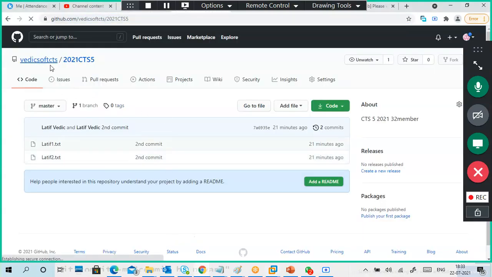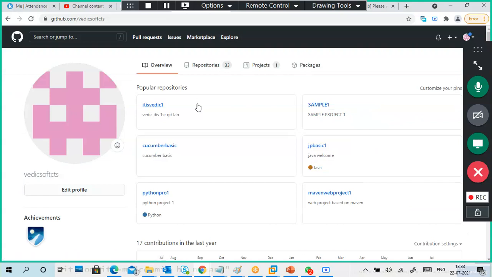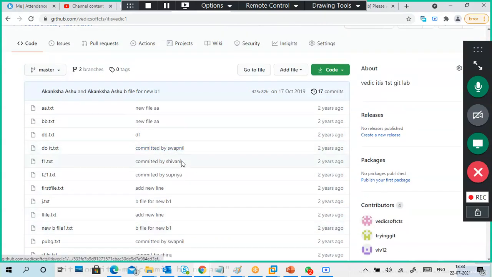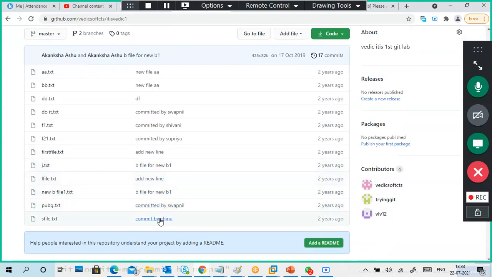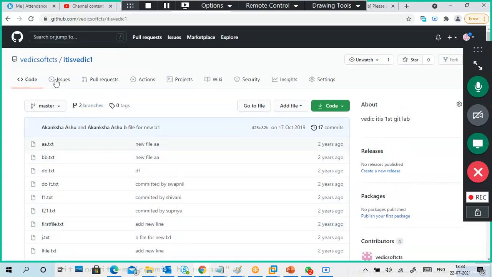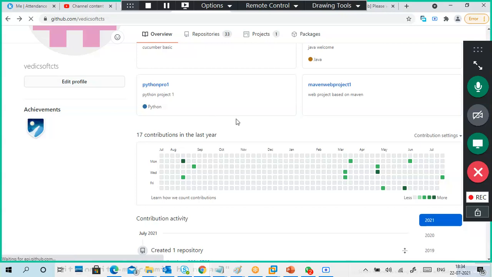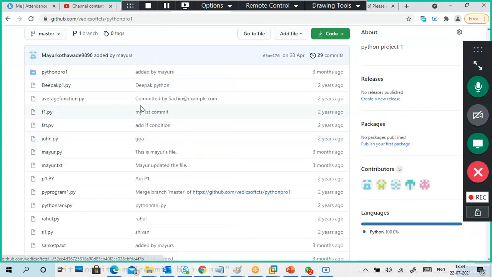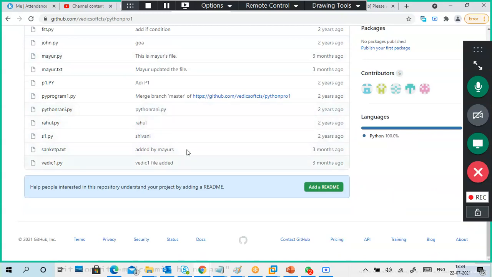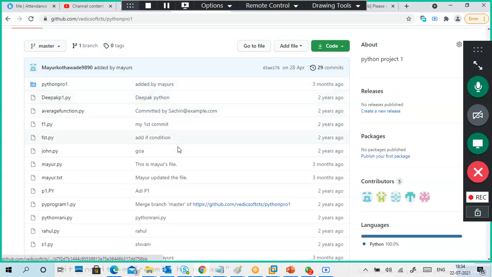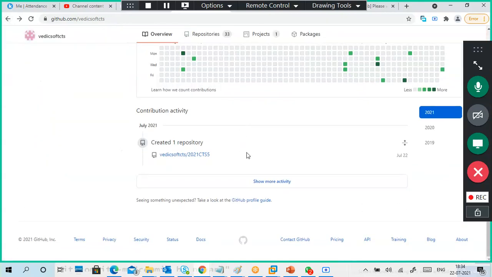I will show you my previous one, the CTS Vedic one. See, these are all committed by different users: Swapnil, Shivani, Supriya, Chinnu, someone is there. A Python project is also there, Python Rani, Adi, Mayur, Deepak, Mayuri is also there.